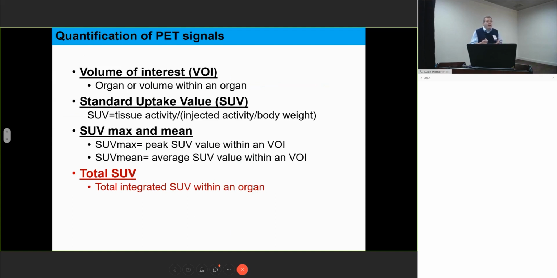metric that's often used in PET is the SUV, which is essentially the tissue activity, so how much activity is within that volume of interest. Usually it's normalized by the injected activity, the total activity level, and by body weight. I think body weight, though, is kind of a holdover from using metabolic probes like FDG, and I'm not so sure how useful it is, but just the same, we tend to stick with it because it's the convention in